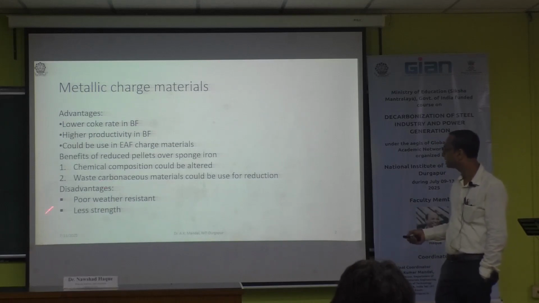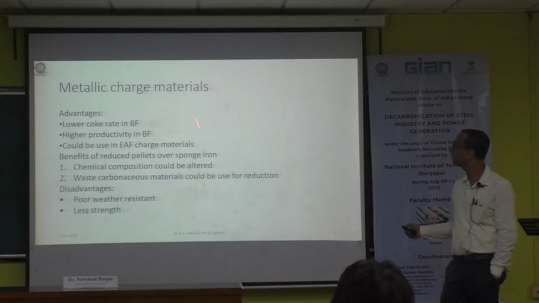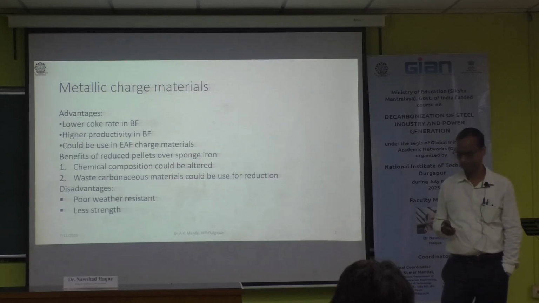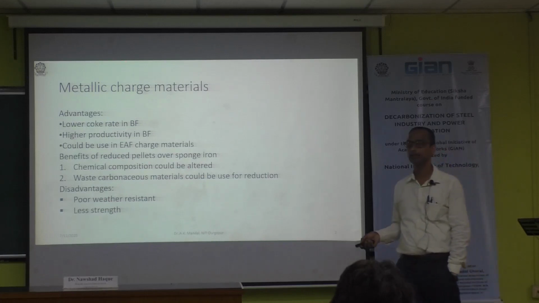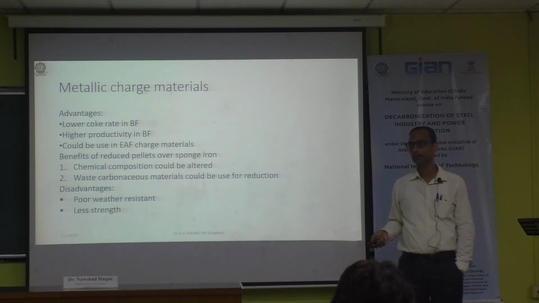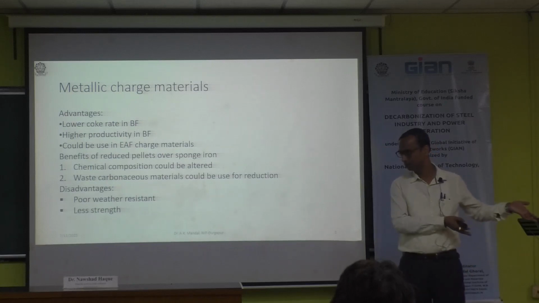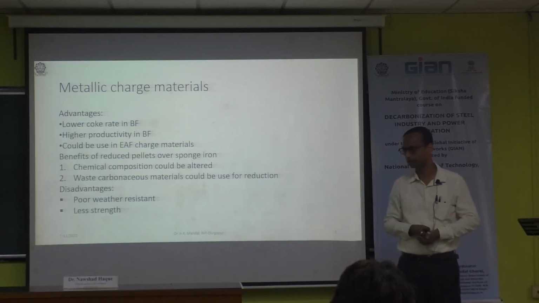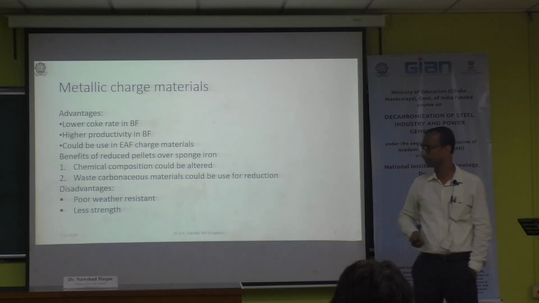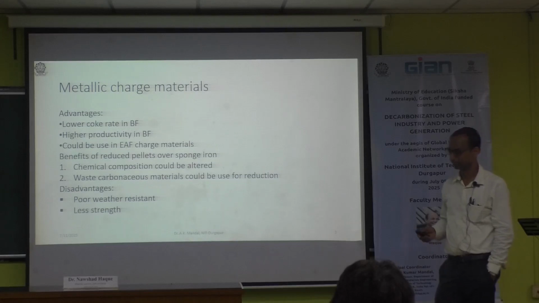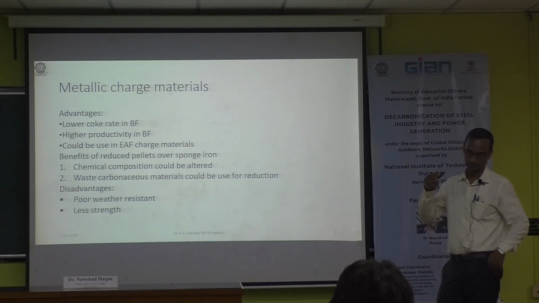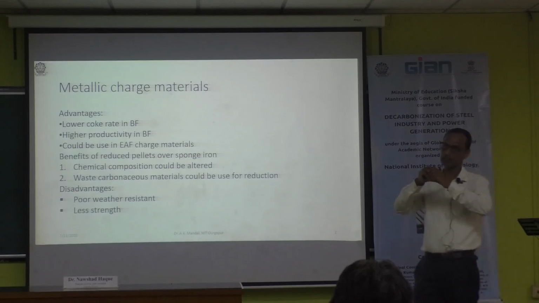Disadvantage is poor weather resistant and less weight. This is the problem of the metallic charge. Poor weather resistance, you cannot keep like the sponge iron in this humid weather in open atmosphere. You cannot, and also the strength point it is less because when it reduces what happens, the oxygen from the iron ore lattice